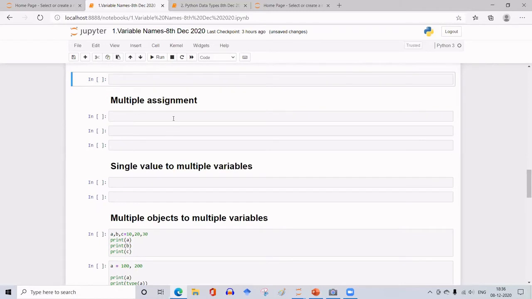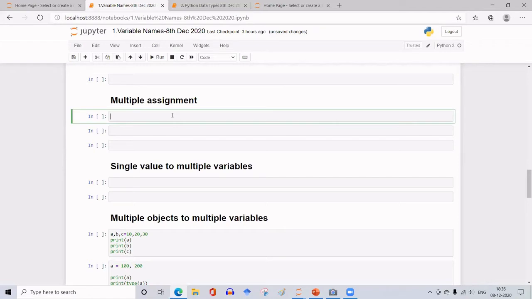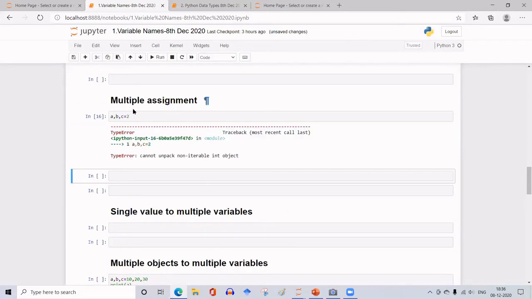So next, I can assign data to a single variable name. I can assign multiple assignments. That is, for different variable names, I can assign a single object or data. Say for example, A, comma, B, comma, C is equal to 2. So this is not taken like this.